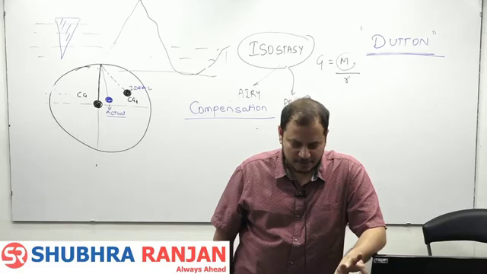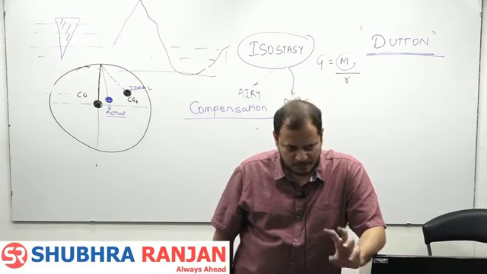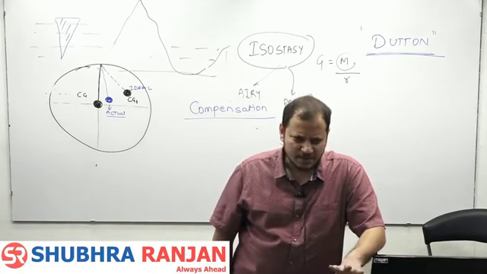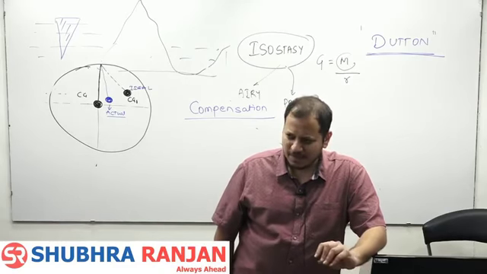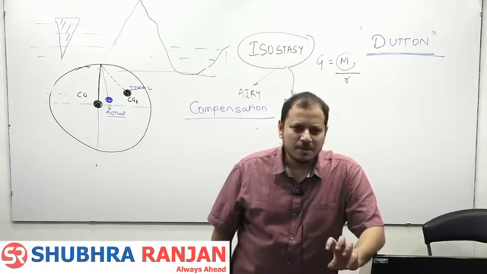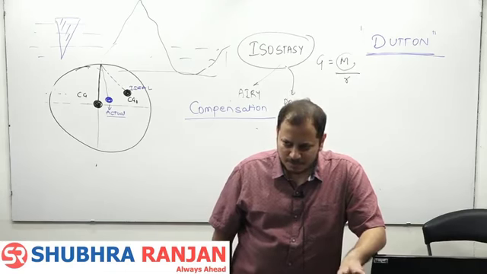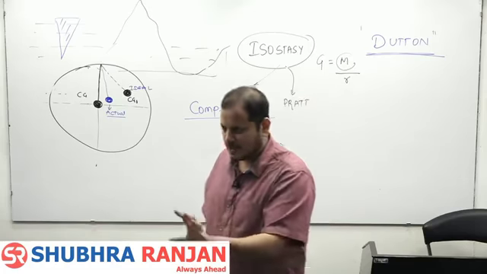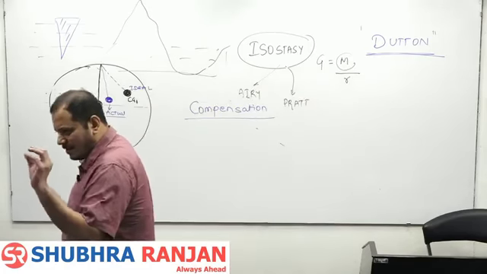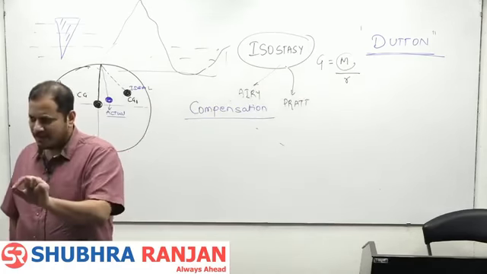Now there are two contrasting views. One is of Airy, one is of Pratt. Very easy concept, much easier than what we have studied up to now. Much easier than paleoclimatic and paleoglacial. I should tell you a little background. Yes, you should know the background, what story I told you regarding George Airy and Pratt. I will make you write it very briefly, only from the answer point of view.